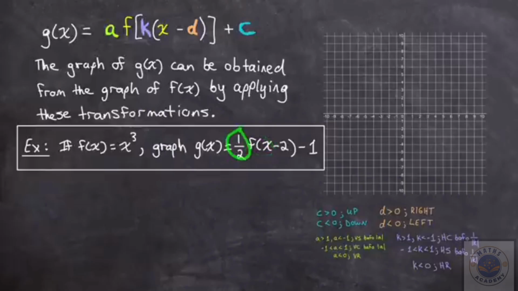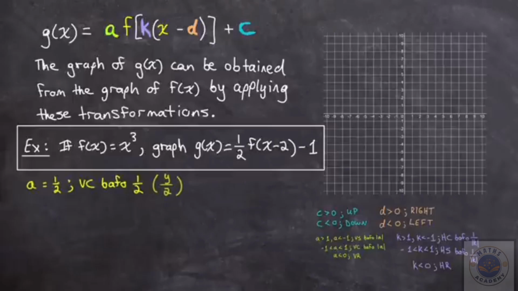There are 3 transformations happening to it. We have an a value of 1/2, which would cause a vertical compression by a factor of 1/2, which means all of its y values are going to be cut in half. And then we have a d value of 2, right? The d value is what we're subtracting from x. Since we're subtracting a 2, the d value is 2, which means the function is going to shift right 2